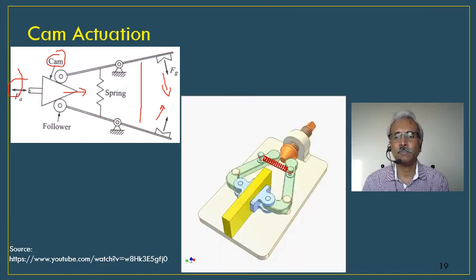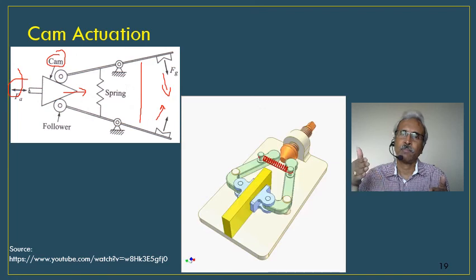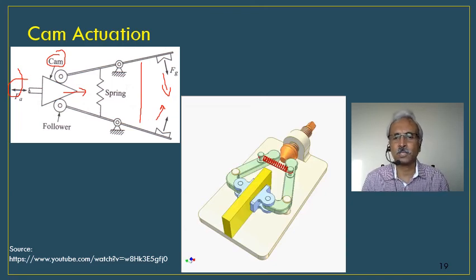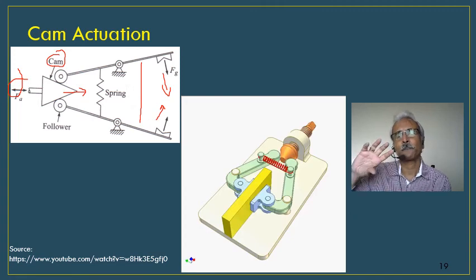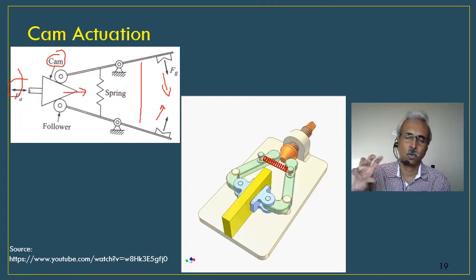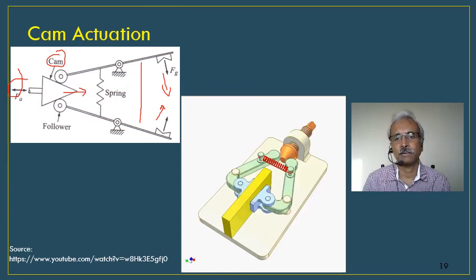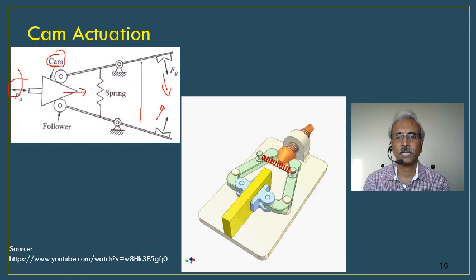So I'll play a small animation here. As I told you, on the left hand side you see the cam. How do I actuate the cam? I need to give a movement like this. That could be established through a piston and cylinder assembly. Again, when I say piston and cylinder assembly, mounting and all those issues are there. So there is another method, probably in this animation you can see, instead of pushing and pulling, there is a screw type. The moment I say screw type, you can put a motor over there. It's very simple. All that you need to give is a clockwise or anti-clockwise rotation for the motor, and thereby you give the grasping there. So here you can see the forward and reverse movement of that.